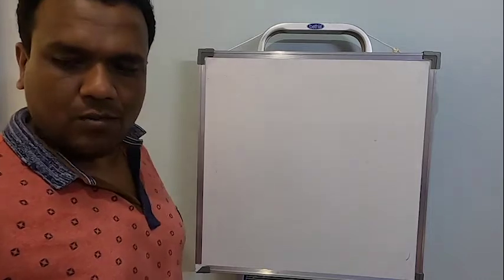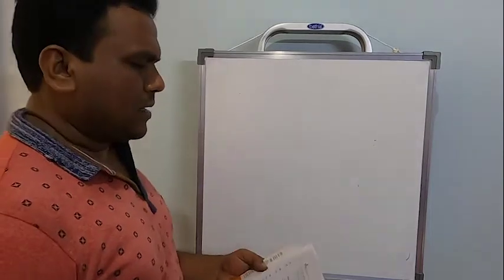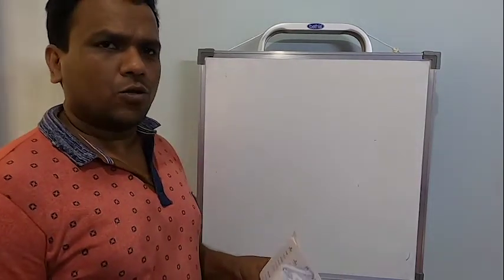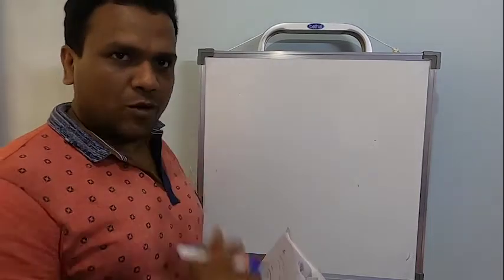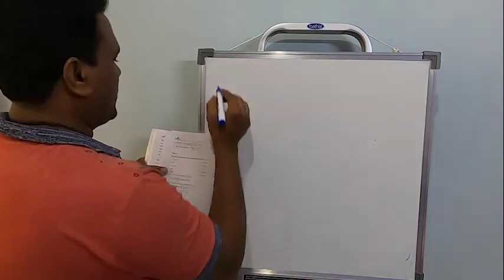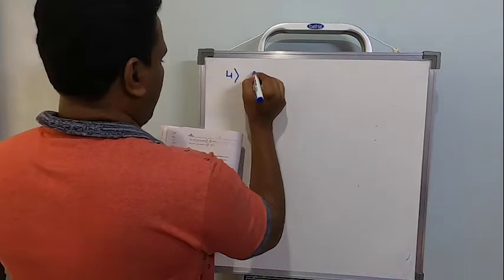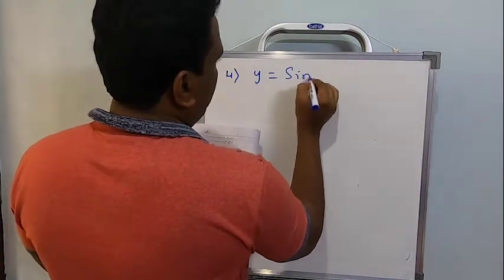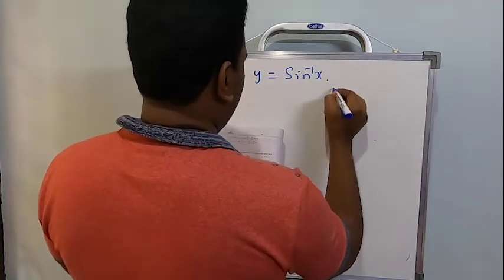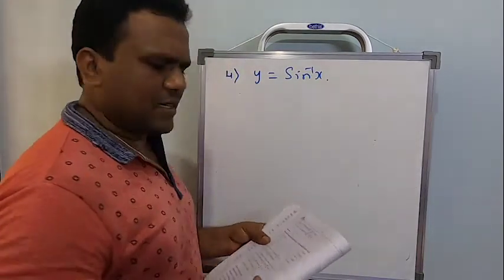Okay, now let's move to the next. I will stop after doing this fourth worked example. The remaining exercise problems will continue in the next session. So the fourth one is y is equal to sine inverse x, then prove that some condition is there. Let's see that condition later on.